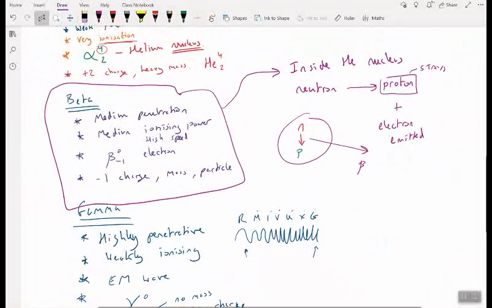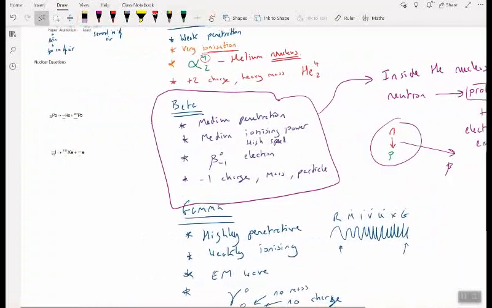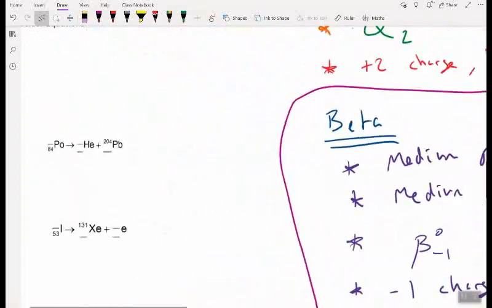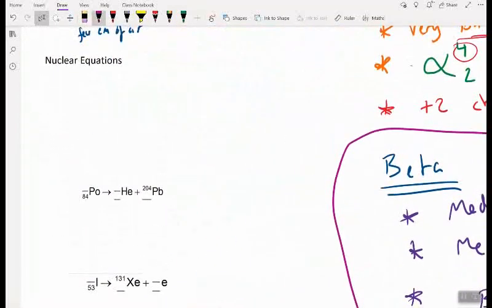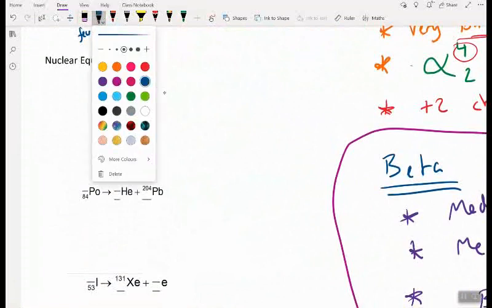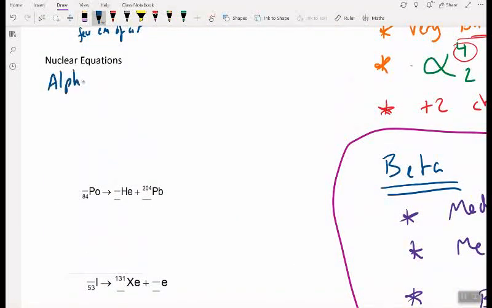Let's then link this to what's going on with nuclear equations, which some people find very, very difficult. Though once you get them, they're easy, and they're actually very easy marks. To do that, we have to remember what we said earlier about atomic numbers and mass numbers. So let's do alpha first, because alpha was a little bit more straightforward. Now, in physics, you are not given a periodic table, so you're never expected to know the elements off the top of your head. So I'm going to use an X, and I'm going to say it decays to an element Y,